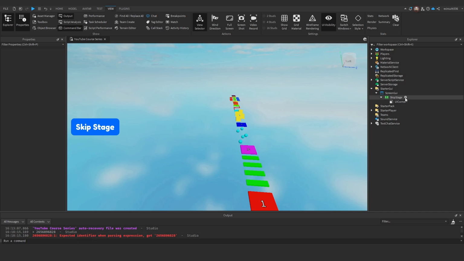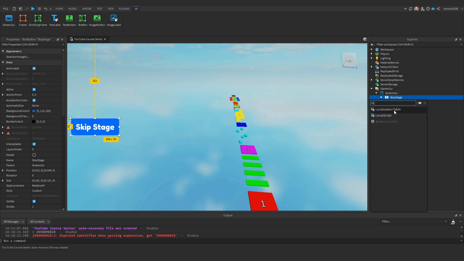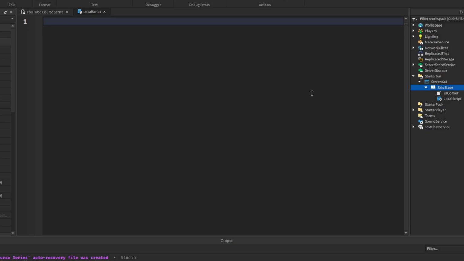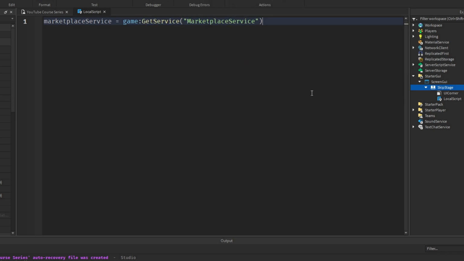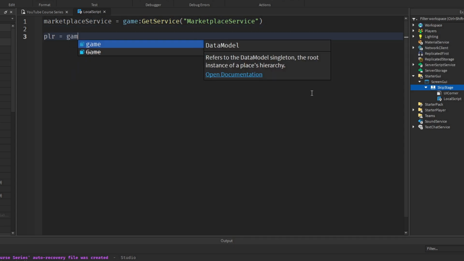Now what I'll do is I will go under the skip stage. We actually need to create a local script in here. In this local script, we want to get the marketplace service. So we'll say marketplace, actually that would be one word, marketplaceService equals game:GetService("MarketplaceService"). This just gets the marketplace service. We'll get the player is